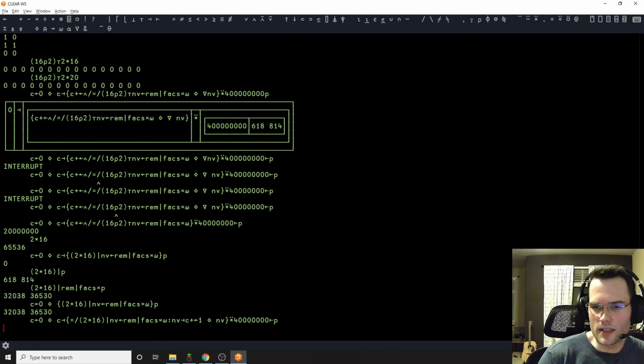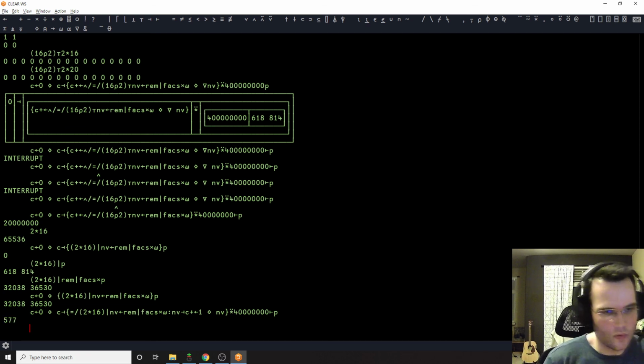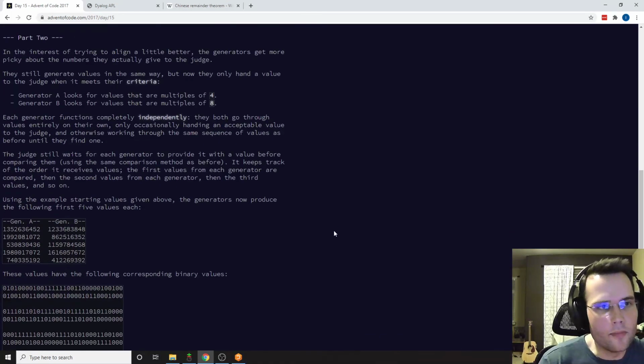Yeah, that makes sense, because, like, say we were looking at the last 2 bits, then, like, 7 and 3 would be equivalent mod 4, which is 2 squared. So, I think this is a more efficient way to do it. 577. Yeah, okay, great. In the interest of trying to align a little bit better,